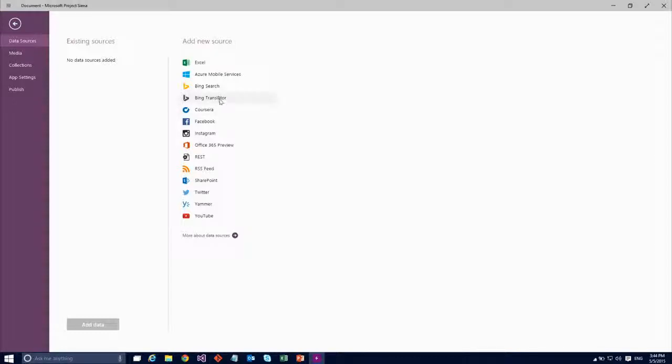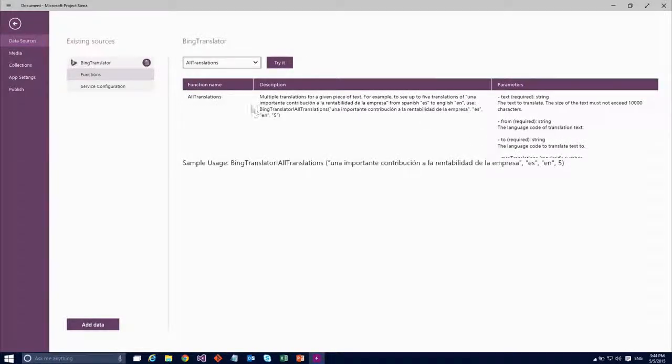So the demo that I love to do is around Bing Translator. So I'm going to go ahead and connect to my Bing Translator functionality here. And just like that, I now have access to a slew of translate functionality. And all of these are basically functions that call out to a REST endpoint that I can use.